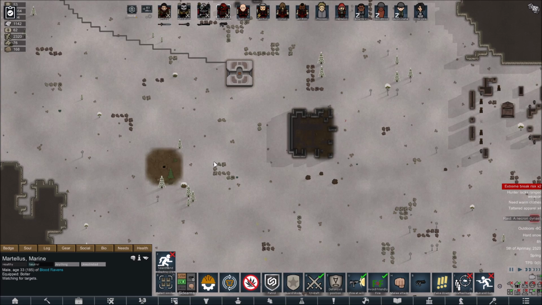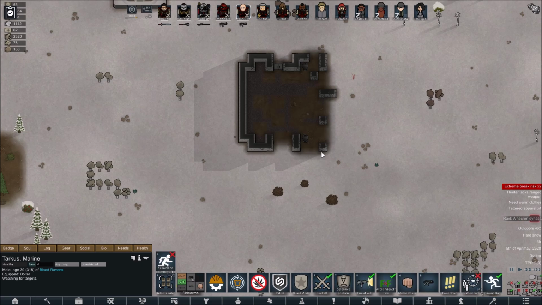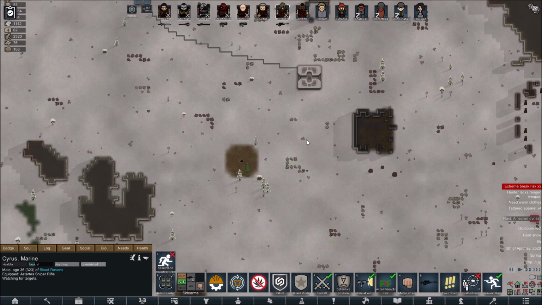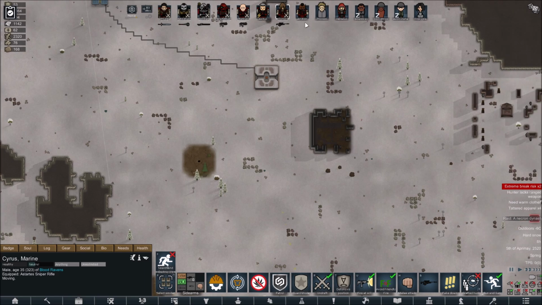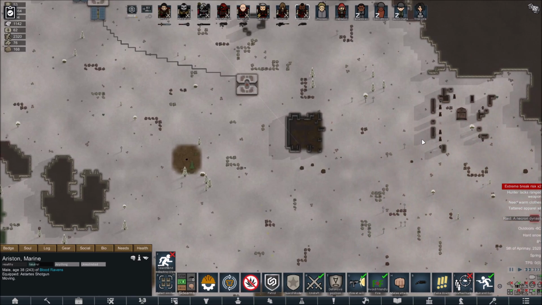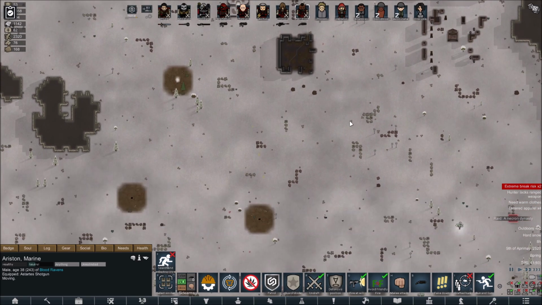Right, so let's go maybe here. We'll use these ruins as cover. Tarkus can go there. Cyrus, I'm going to put you maybe on that corner. And Arston, you can actually hang out in here as well. I don't know if they have anything that can do AoE damage, so I don't know if clustering that...